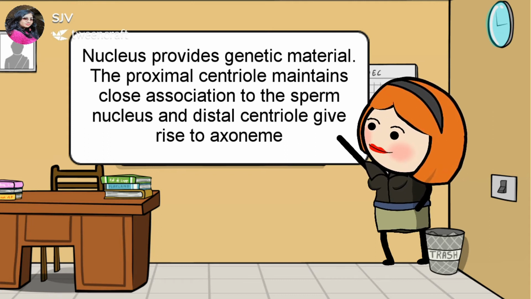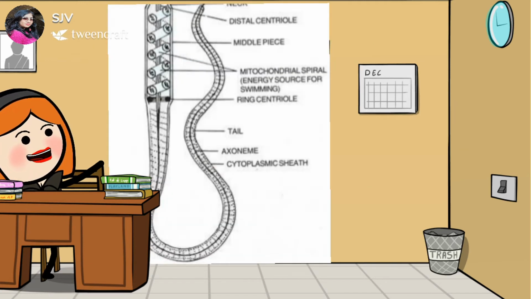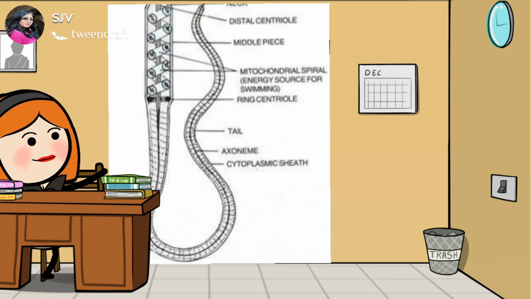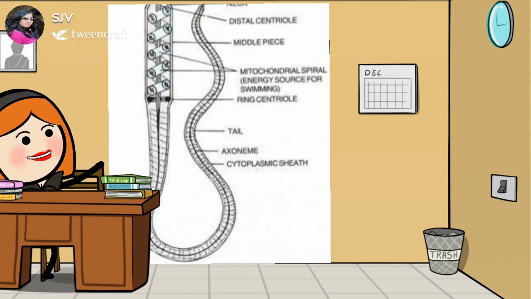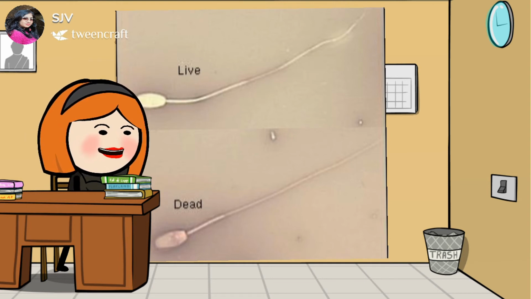Now coming to the centrioles. Now the centrioles have essential functions during the spermatozoa formation, the spermatozoa movement as well as in the post-fertilization. Not only that, centrioles also help in the formation of the sperm flagella. As I have said before that in spermatogenesis, most of the cytoplasm is lost. The little amount of cytoplasm that is present is in the tail region in the form of cytoplasmic sheath, as you can see in the picture here. By now, I hope you have understood the structure as well as the function of the human sperm.